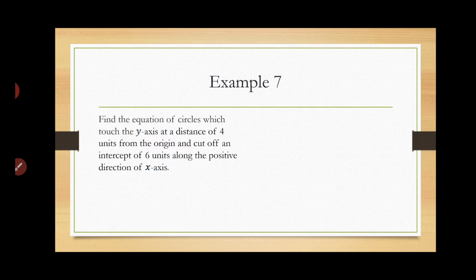Find the equation of the circle which touches the y-axis at a distance of 4 units from the origin and cuts off an intercept of 6 units along the positive direction of the x-axis. Now in case of